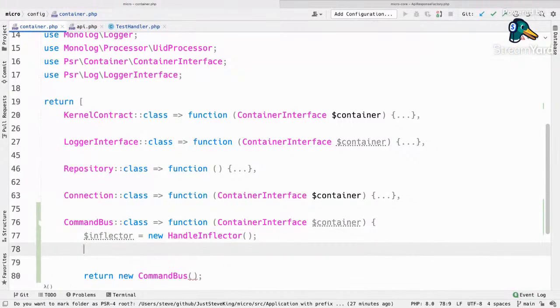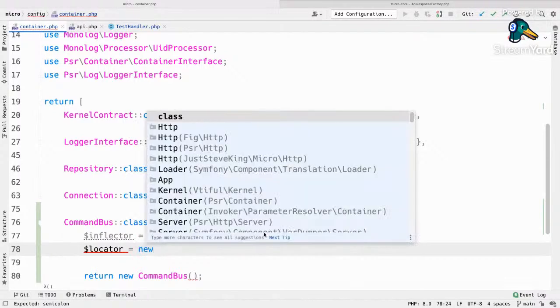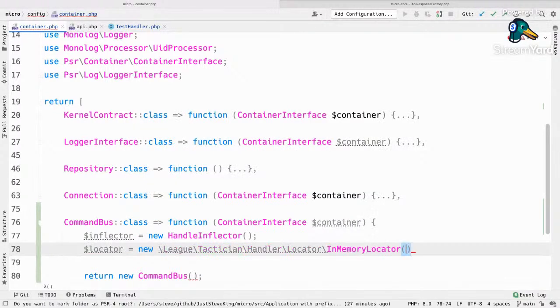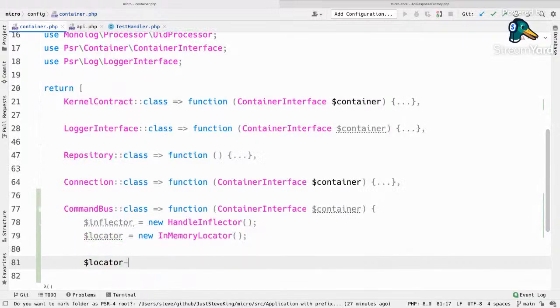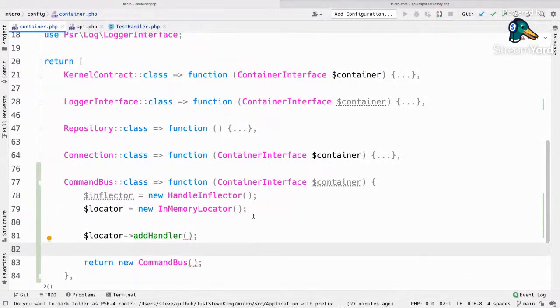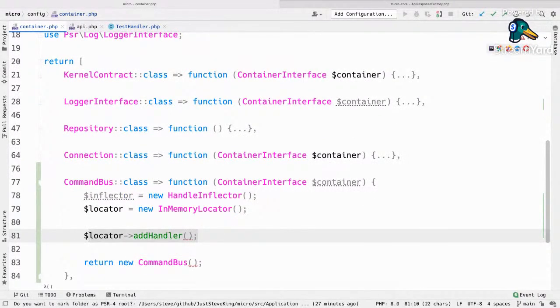Then we will also need a locator. We'll use an in-memory locator. There's our locator. And then with our locator, we can add a handler. And this is where we probably want to look at how we're going to add our handlers. But